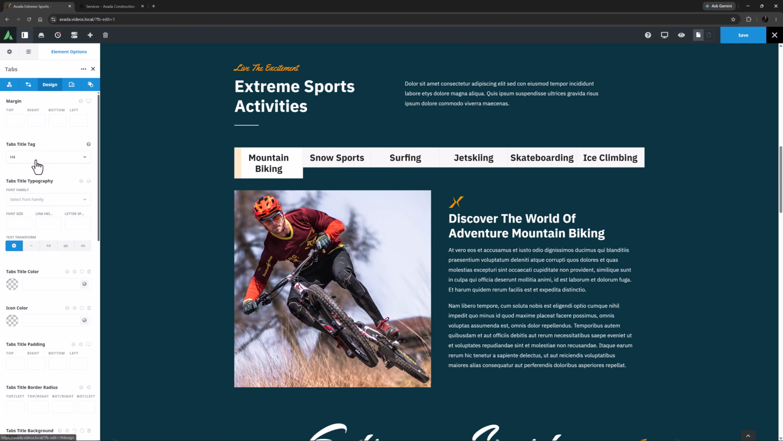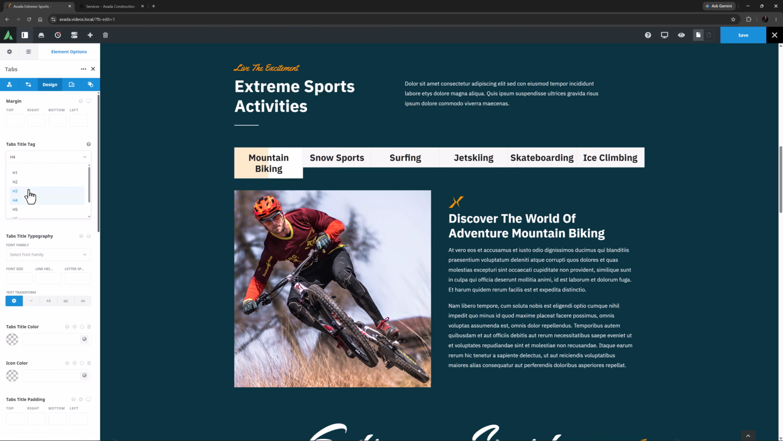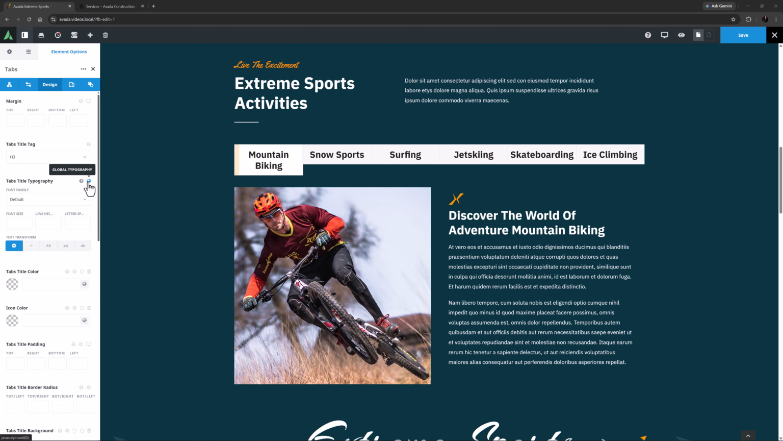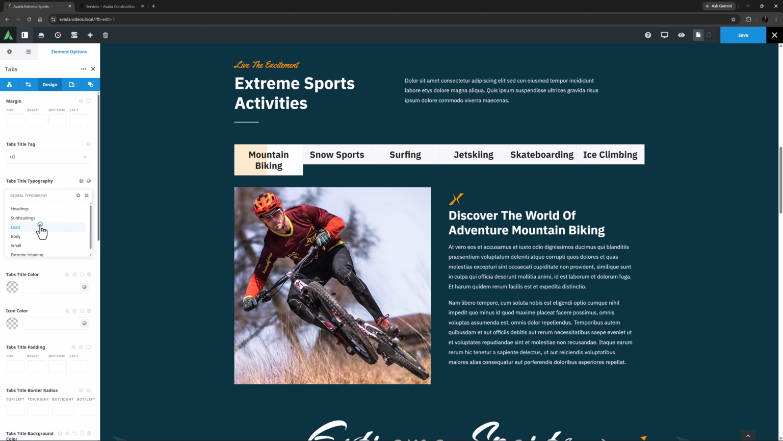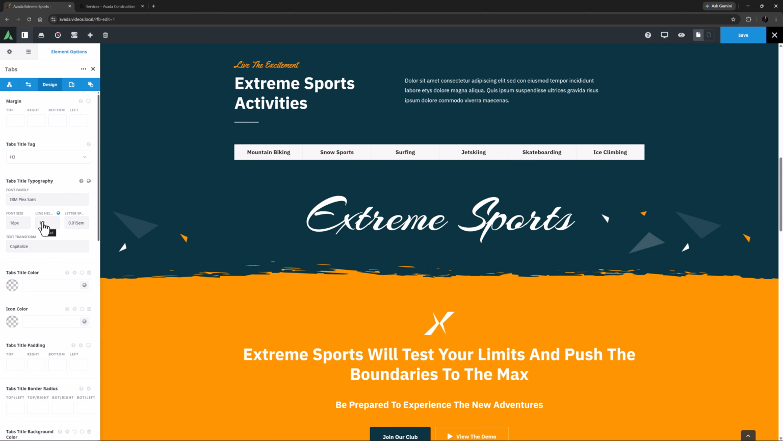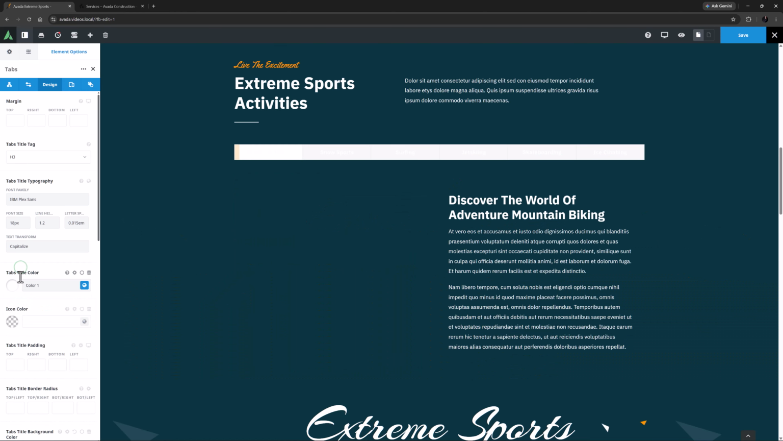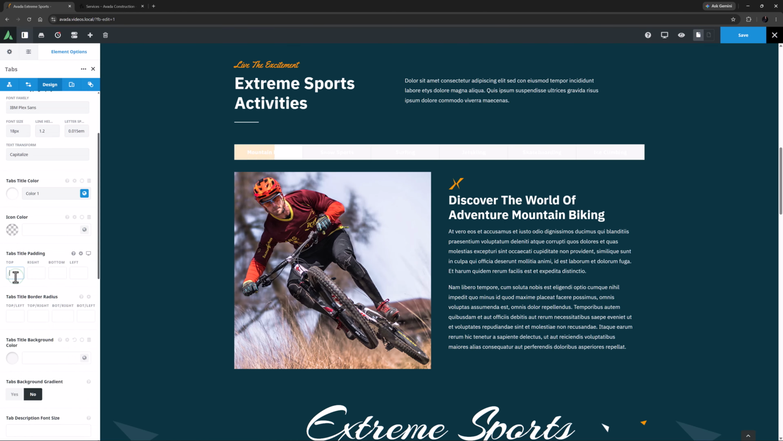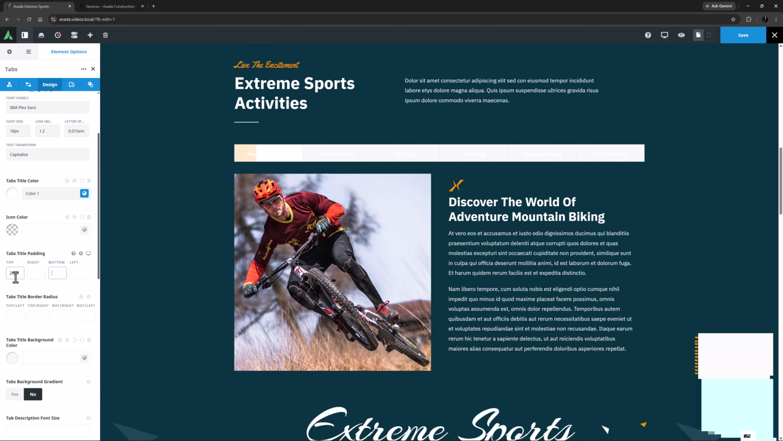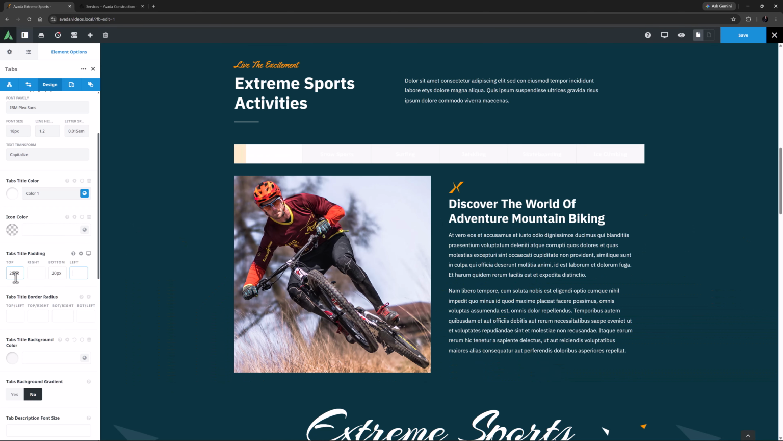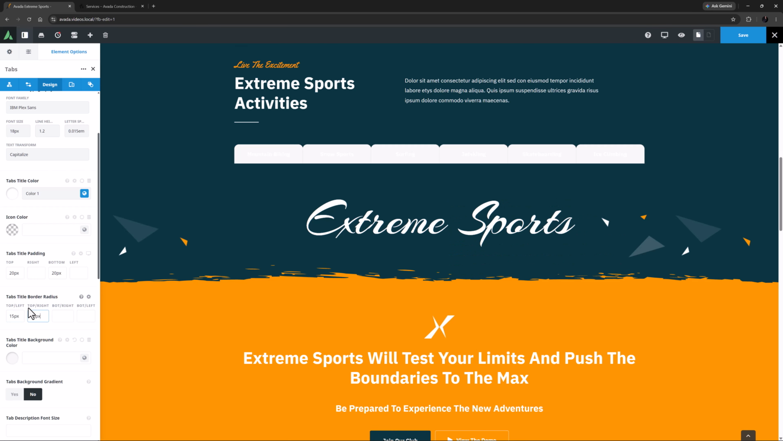To start, I'm going to change the tab's title tag to H3s here. Then I'm going to set the tab's title typography to the lead global typography set. I'm going to set the tab's title color to color 1. And I'm going to give my tab's title padding 20 pixels top and bottom to make these tabs a little bigger. I'm also going to set 15 pixels top left and top right border radius to give them a